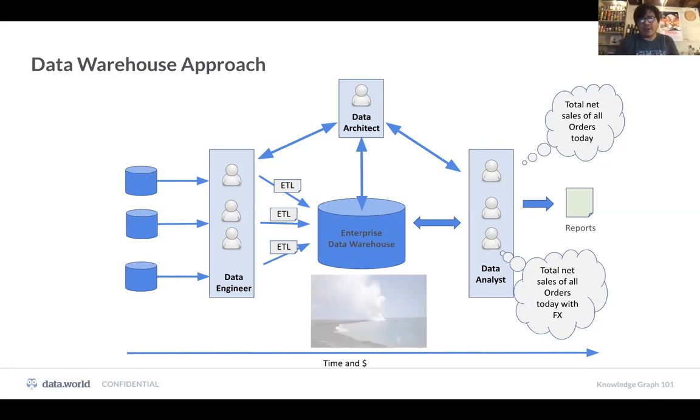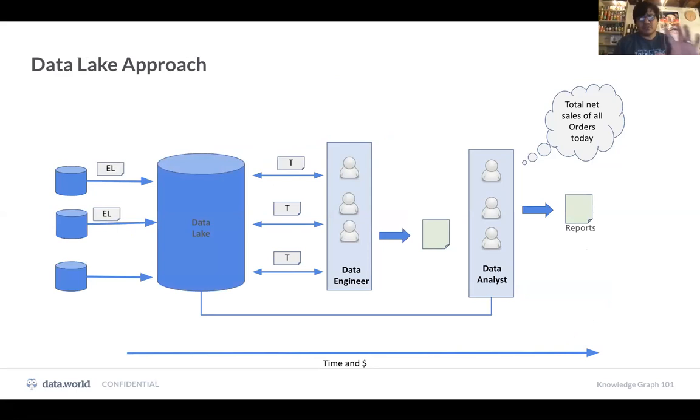Now, by the way, this is the problem of boiling the ocean, right? I'm trying to create this one thing and taking all this time instead of figuring out how to do this in an agile approach. Now, data lakes really just flip ETL around to ELT, right? Let me just dump everything, because somehow we thought that if we physically put all the data in one place, life was going to be good. Honestly, not really. It's the same approach.